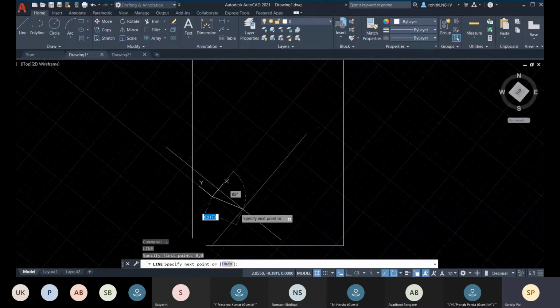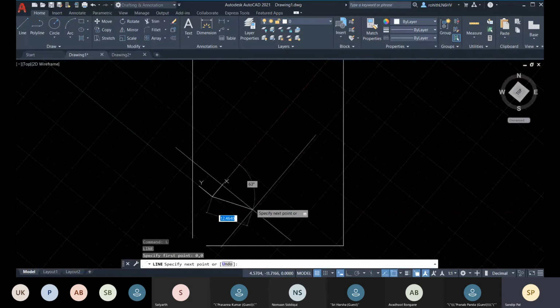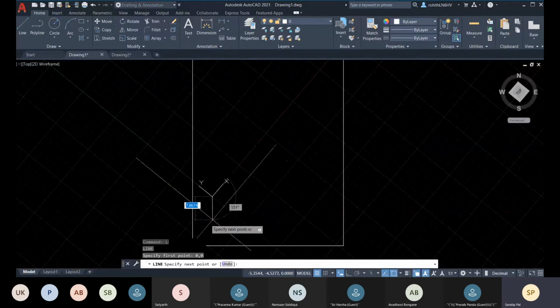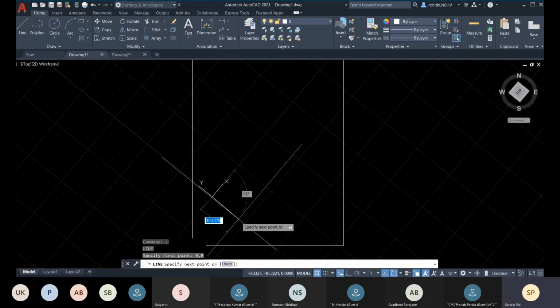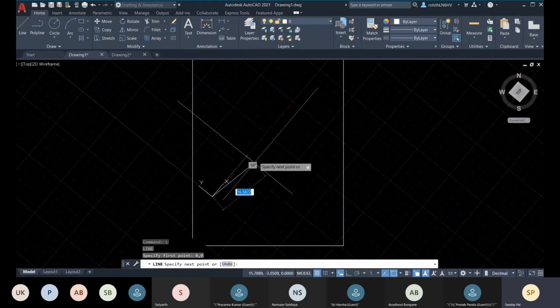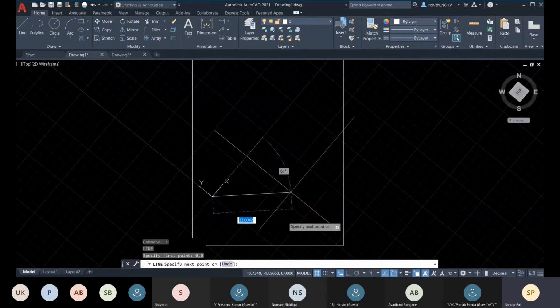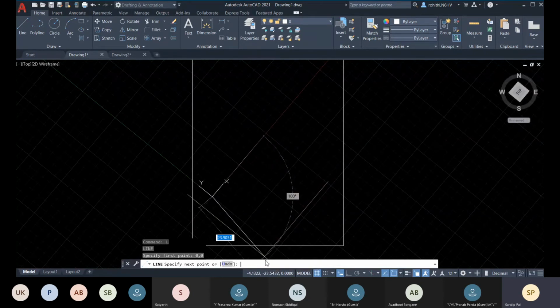And here you can see that my line is created at the origin point of my UCS. My line segment is not completed yet. We have to define another point to complete this line segment. So let me define another one.